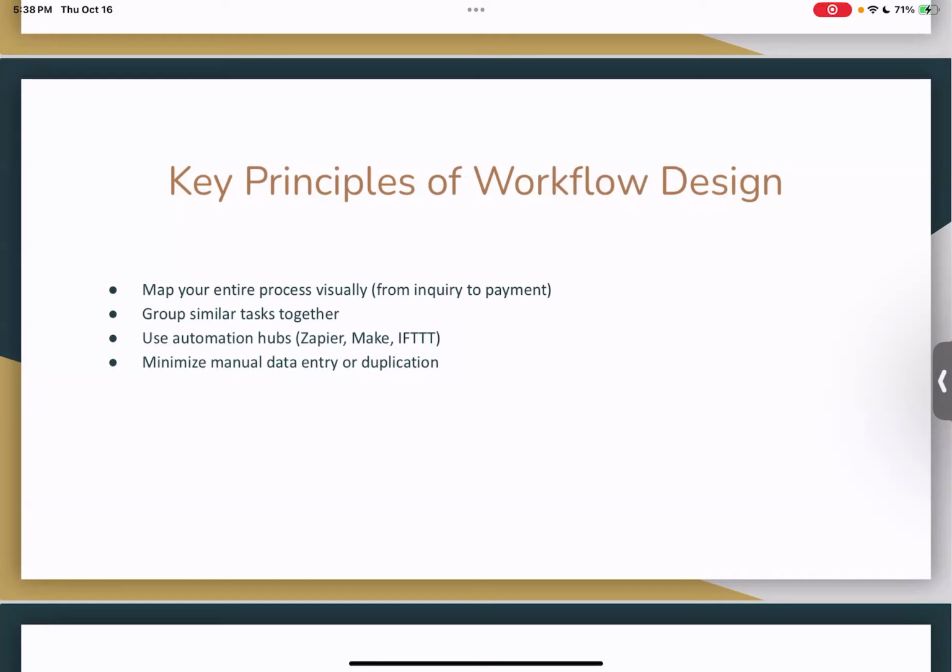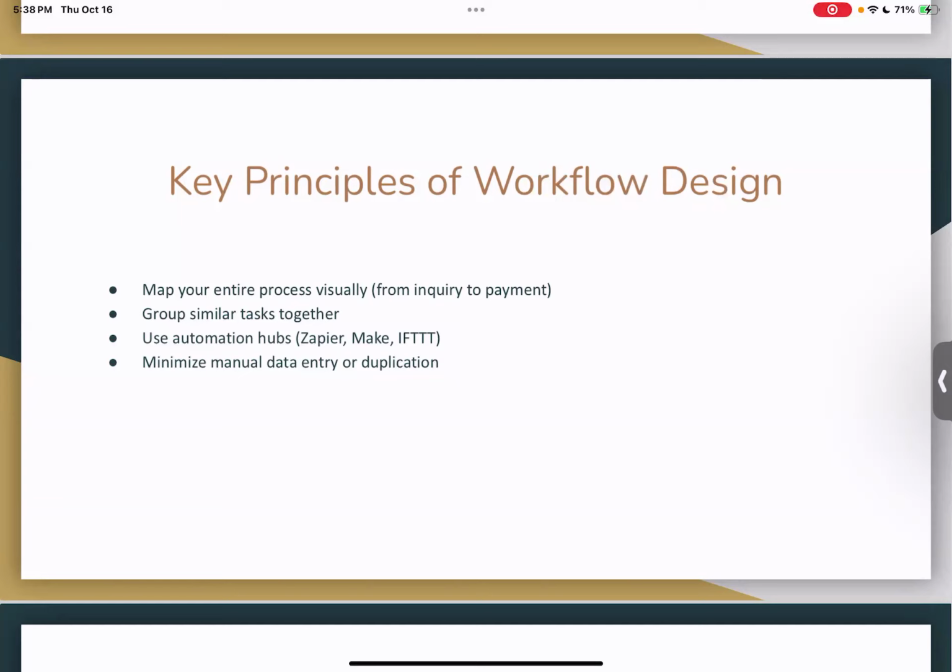Group similar tasks together, emails together, for instance, payments together, and automate handoffs between systems so data flows automatically. You want to ultimately map your entire process visually from inquiry to payment. This also is a place where you want to group similar tasks together, grouping tasks that could go together.